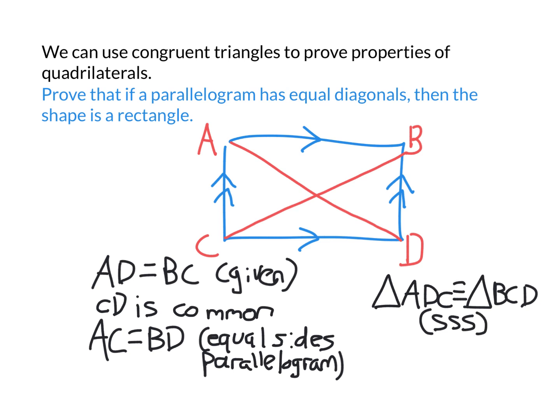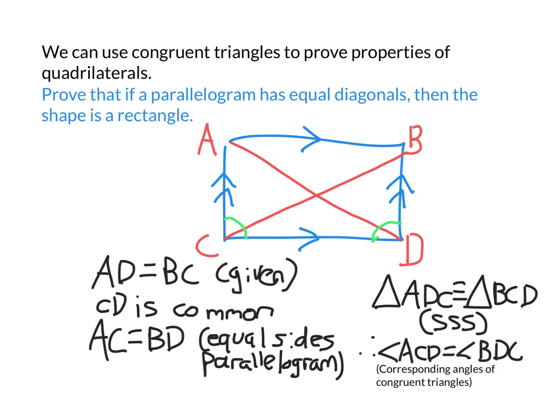Now what that means is this angle here and this angle here must be equal because they are corresponding angles of congruent triangles. We know that if two triangles are congruent, then pairs of corresponding angles are equal. And these are the two largest angles in each triangle. Okay, so that's all well and good that these two angles are equal, but how does that show that this